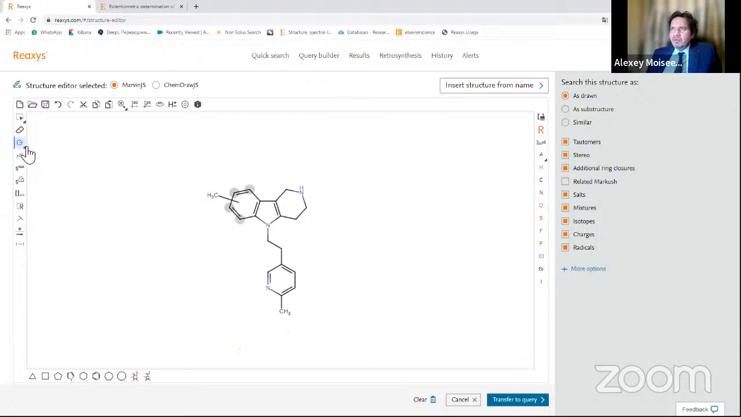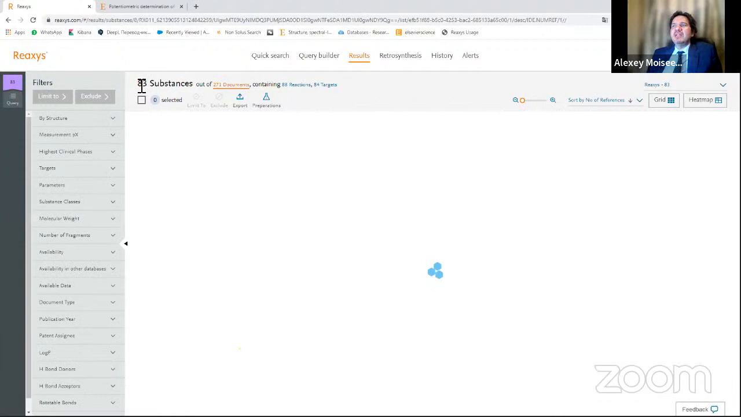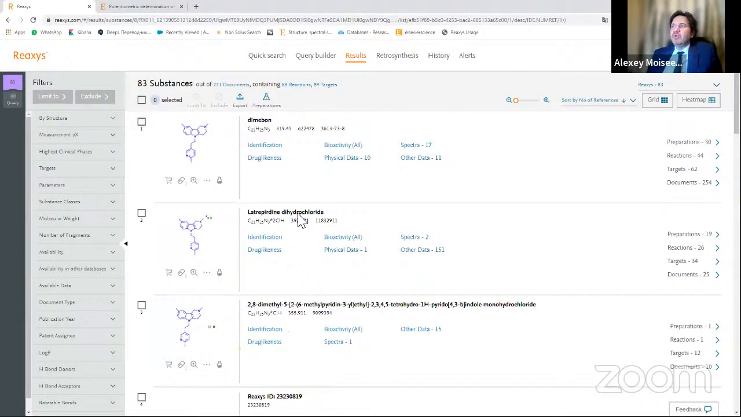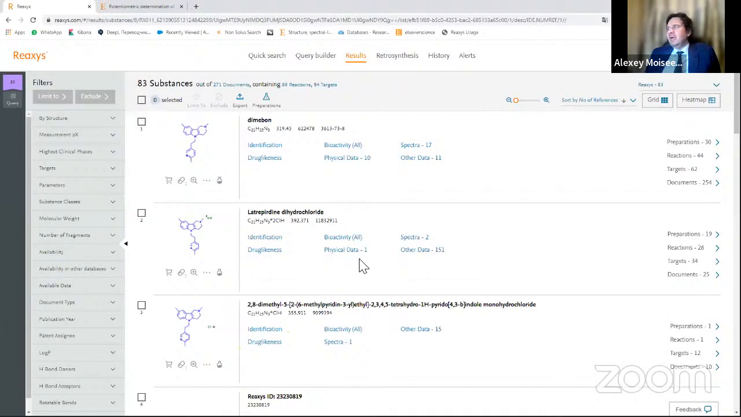Here and here. We can also make it like this and do it here. And now we just need to click transfer to query, click substances. So Reaxys finds 93 substances according to our request. Now we can filter them by substance classes, by molecular weight, and make additional filtering of the information. Also, we can work with targets, spectral data, physical data, and all the things that I